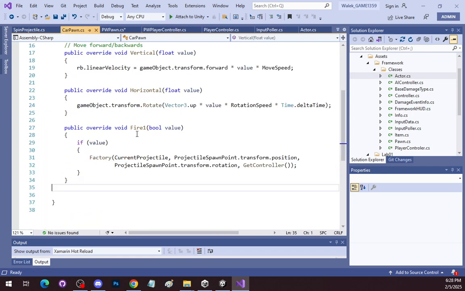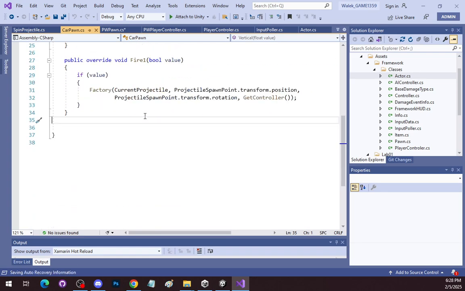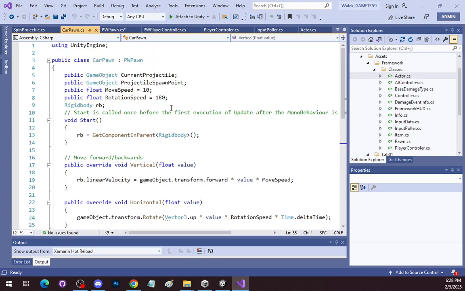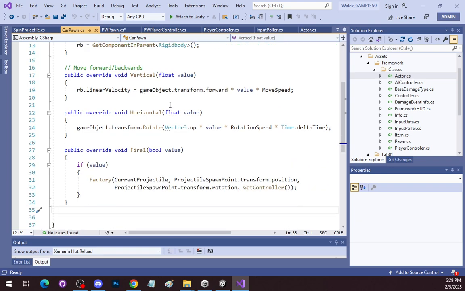Did I implement Fire 1? Yeah, I did implement Fire 1. Did I? No, I didn't. I did implement Fire 1. So what we need to do instead of going to current projectile, so one of the things I can do,